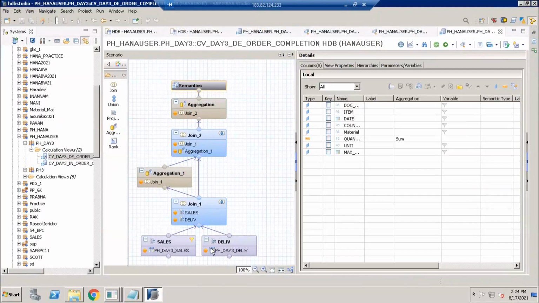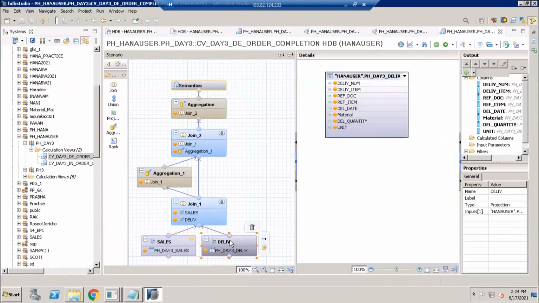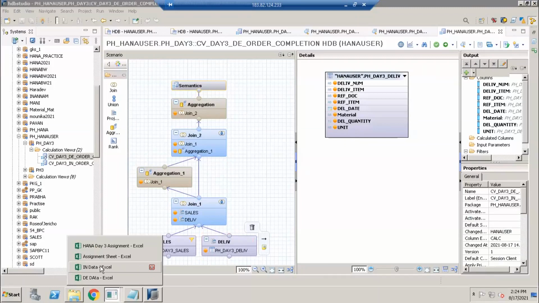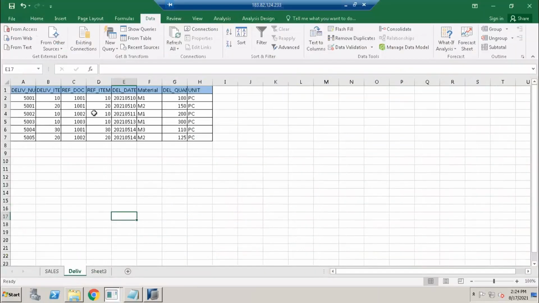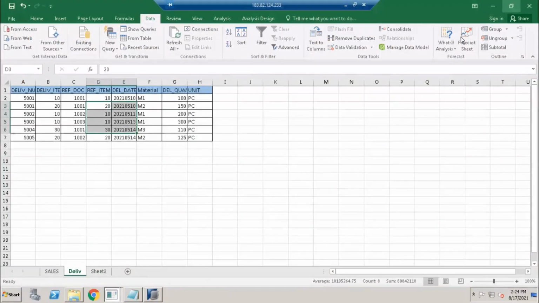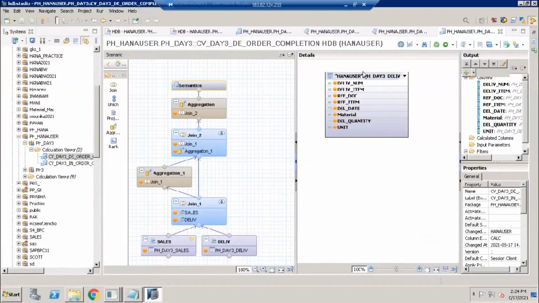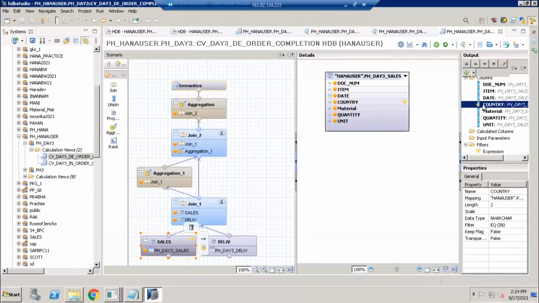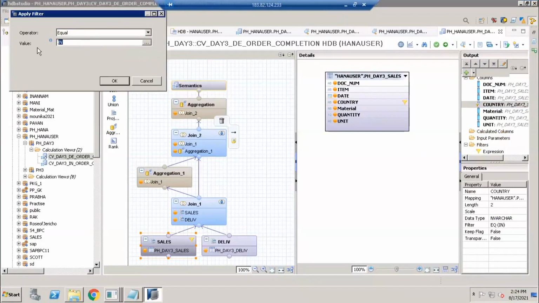Double click on it. Now, here we forgot to put a filter on IN country. Okay, so reference document number. Here we don't have a country field at all in the delivery data. In the delivery data we don't have a country field. Okay, it's fine then. Now what we can do is, in our DE we need to update the filter. So go to filter, go to country, right click, edit filter, and instead of IN change it to DE. Click on OK.